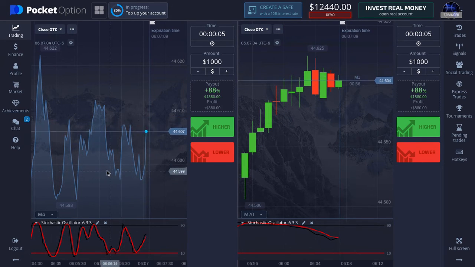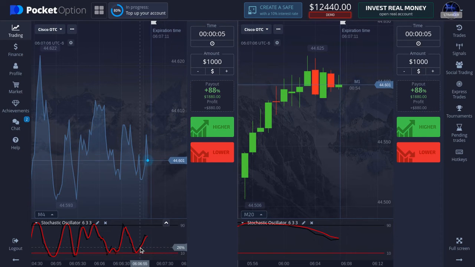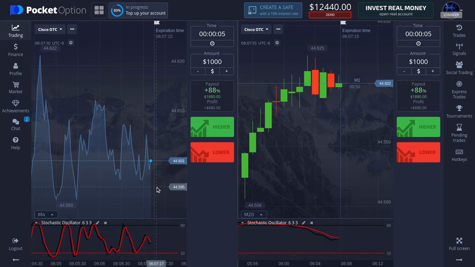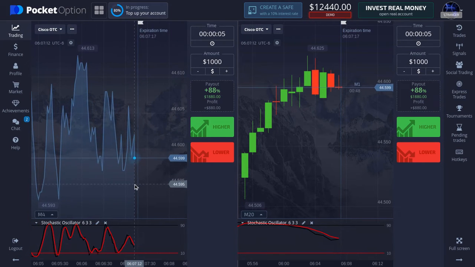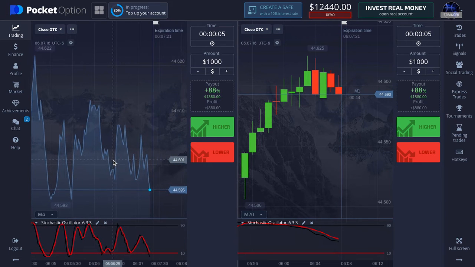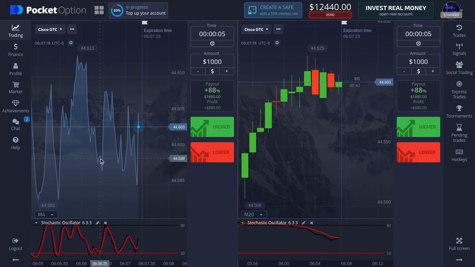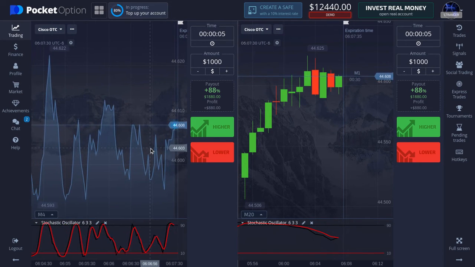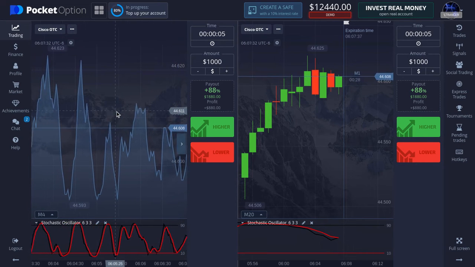So the chart's actually not behaving the way we want it right now. So it was, and now it switched up on us. So that's what you have to recognize and stop using this chart, unless you feel confident that you can still trade in this chart, but what I'm showing you is not going to work here. But let me just go back here where it was acting right. So what you're looking for is